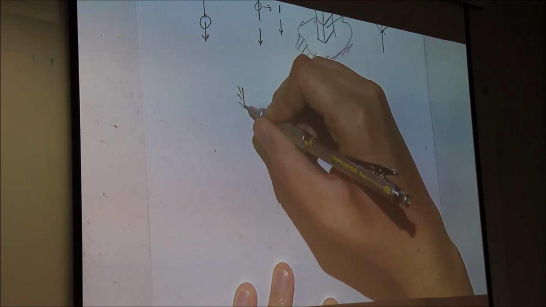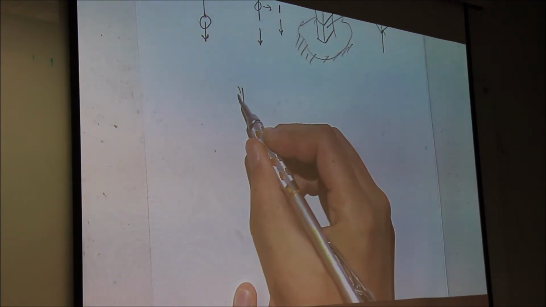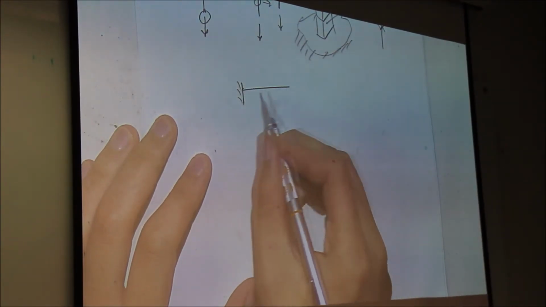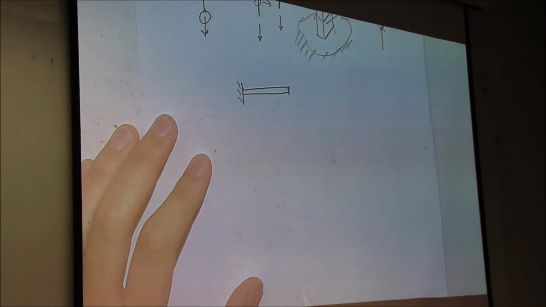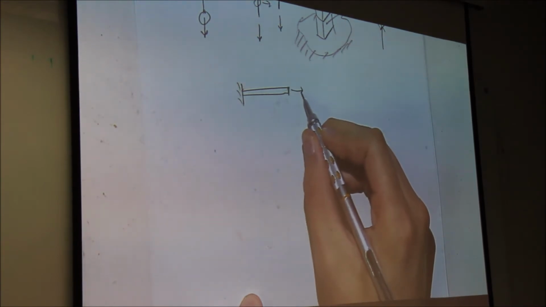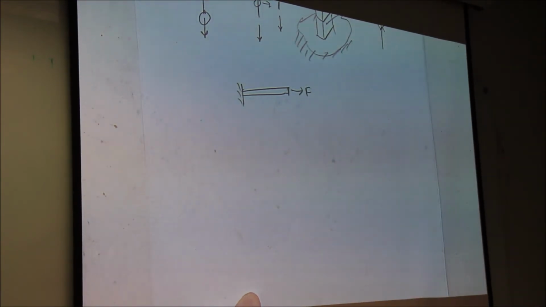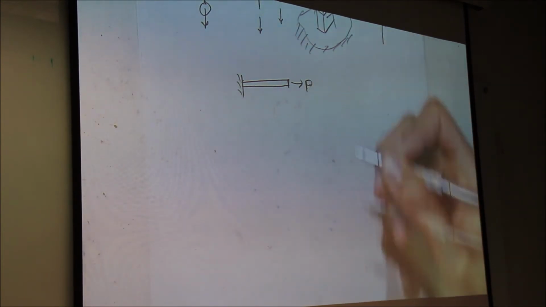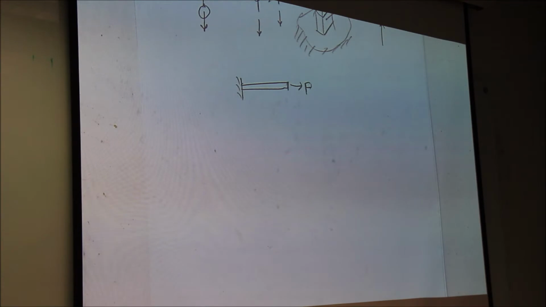I'm going to have a wall. This dash mark means ground, like it's earth. It's something unmovable, something rigid. I'm going to have a beam cantilevered from it. I'm going to assume it's a massless beam for now, for simplicity. And I'm going to say I'm pulling on it with a force F, okay? Actually, a force P. For some reason, loads are always P's. I don't know why, but they are, and you'll see it like that. So it's being pulled by some force P.